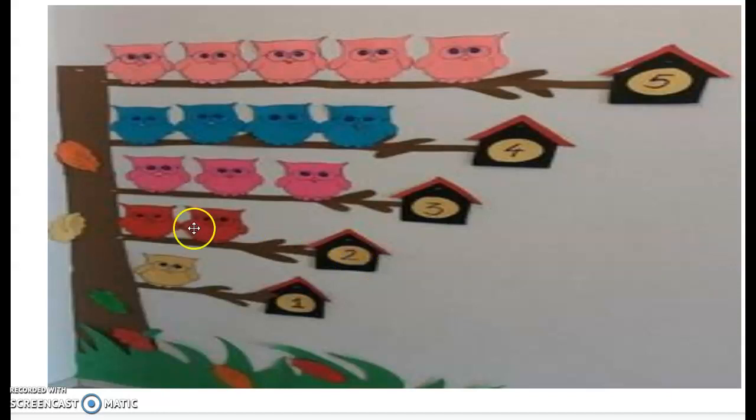Okay? So like this you have to count. Come on, count the blue owls. 1, 2, 3, 4. So what will you write? Number